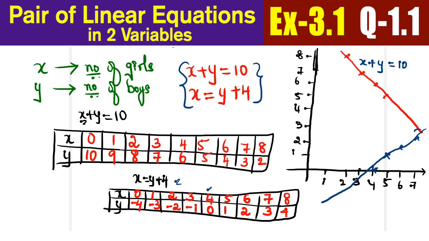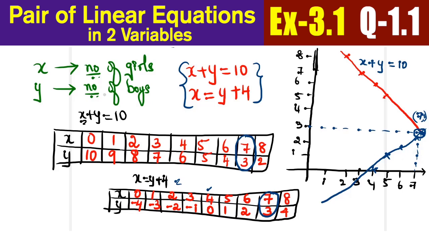So there is a particular point wherein these two lines actually meet each other. So let's drop and see what the point is. The point is nothing but x is equal to 7, comma, y is equal to 3. You can check by looking at the tables: x is equal to 7, y is equal to 3 matches in both the tables. So this shows that this is the point of intersection of the two lines.